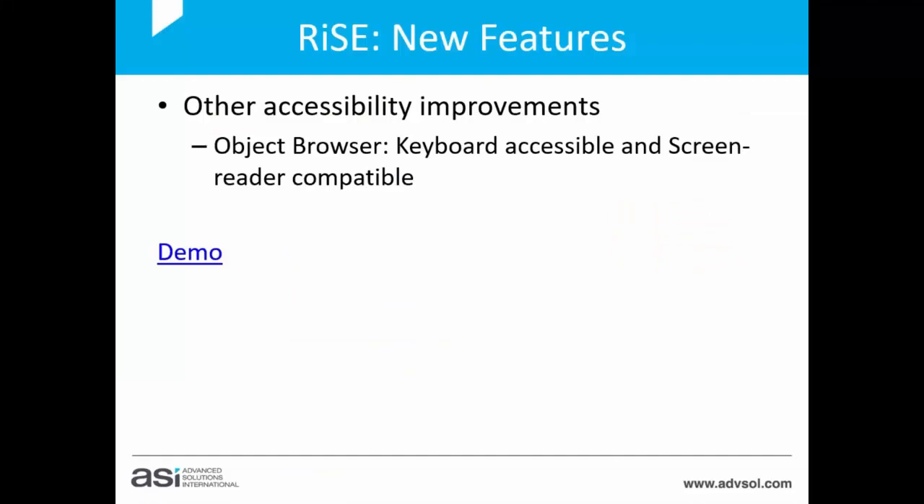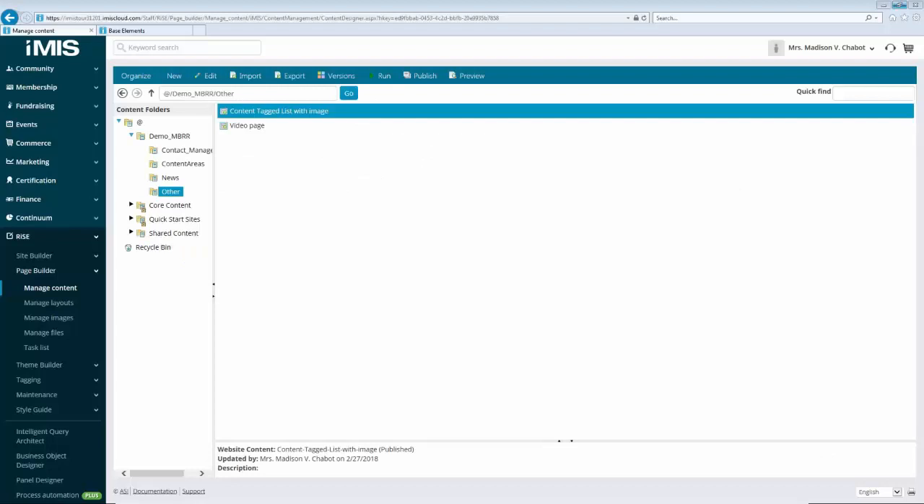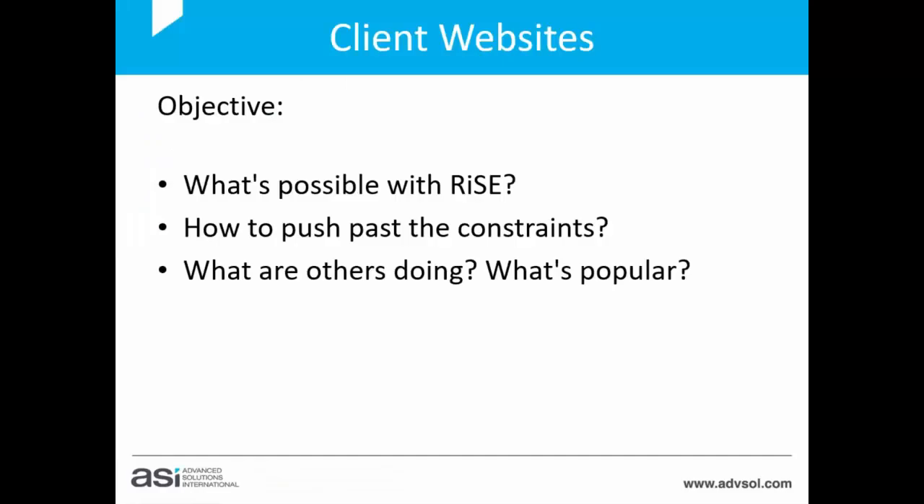For added accessibility, we have made the object browser keyboard accessible and screen reader compatible. You will find the object browser anywhere within the page builder or the site builder, where the screen is divided in two areas. We will now take a look at Inspire and Climb websites that have caught our attention here